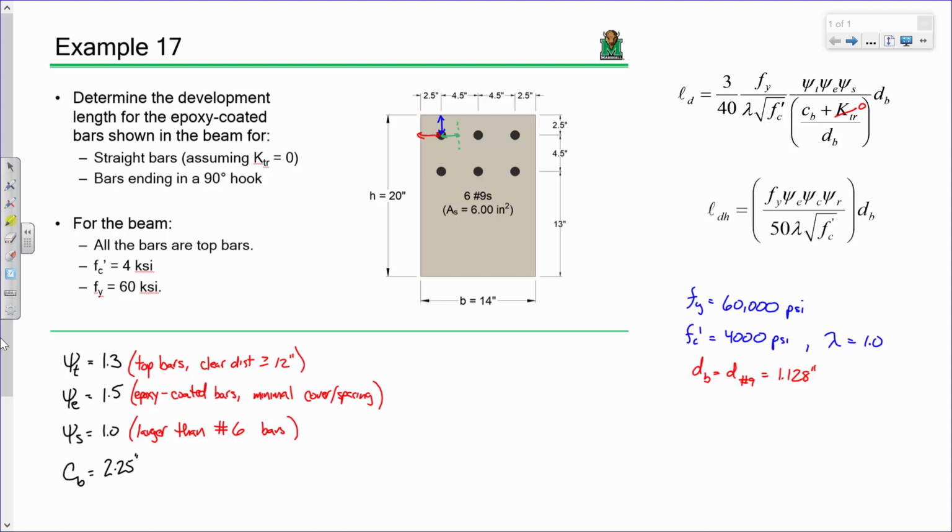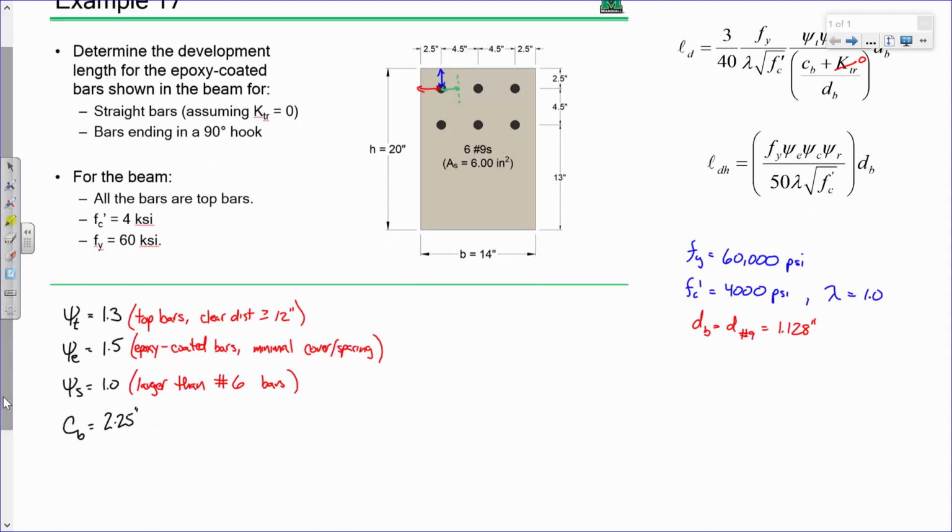Now, anybody got a problem with me just plugging and chugging right now? What is that problem? You need to multiply the 1.3 by 1.5 to make sure it's less than. There you go, exactly right. So there's 2 checks that we have to perform before we start plugging and chugging. So